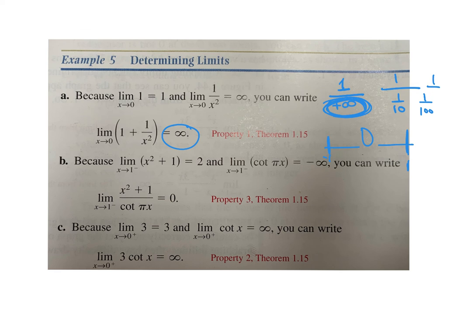Normally a really tiny fraction would be moving towards 0, right? But I'm flipping that really tiny fraction upside down, so those numbers are getting huge, okay? Look at this guy right here. Now this is a plus or minus. If I move towards an asymptote here, and I square it, then this guy is going to